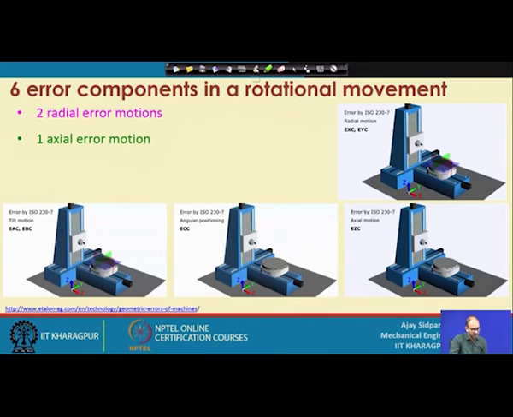So, what is the problem with this particular thing? Let's suppose this is your tool, and consider that you want to drill. This is your drill and this is your workpiece, and you want to do a shallow cut or hollow drilling. Suppose you want to go 2 mm, and if your workpiece is moving up and down at this location, then instead of 2 mm you may go up to 3 mm, because now your depth is not controlled. So, that is the problem in the axial motion: you are not able to control the depth properly.